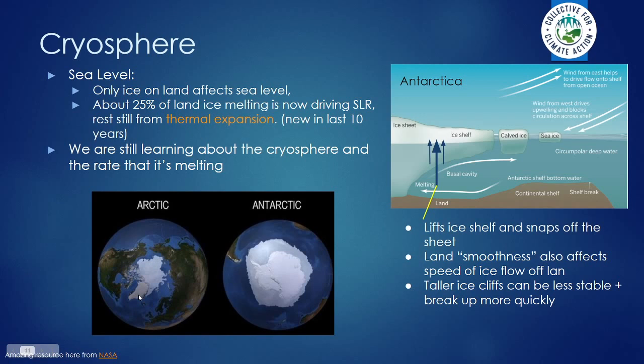The whole thing is kind of melting away, and as its elevation drops, as the ice sheet gets thinner, the air on top of the ice sheet will be able to be warmer because it's at lower altitudes. So we know when we go up a mountain, the air gets colder. So as these ice sheets drop, they will be exposed to warmer and warmer air, and the ice will melt more quickly. Greenland is going to melt. All of it is going to melt.